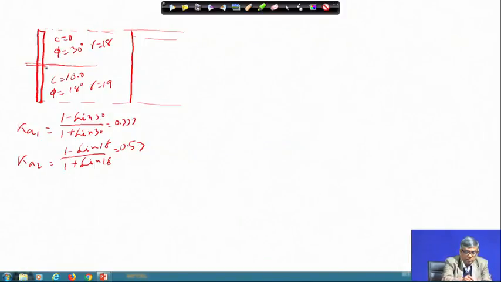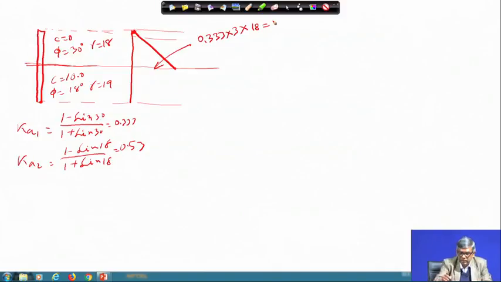So, since up to this it is a cohesionless soil, the lateral earth pressure diagram will be something like this. Okay. So, this value will be equal to 0.333 multiplied by 3 multiplied by 18. So, that will be equal to finally 18,